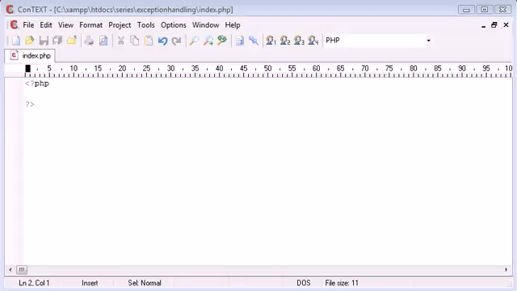Now, the next part of exception handling we're going to talk about is try, throw, and catch. What we do with try, throw, and catch is we need to try a block of code. Within this code, if we come across an error, we throw an exception, as we've already looked at. But then we catch the exception